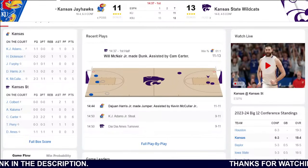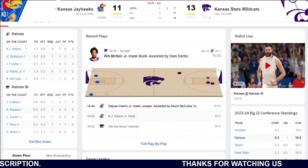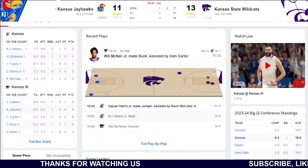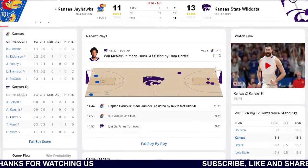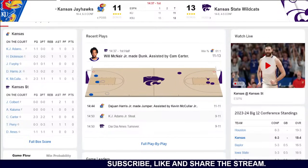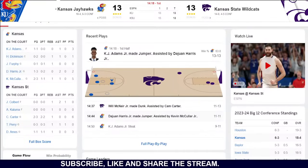Here's McNair, and he runs the floor and stuffs it again. He's got 4. Kansas State leads 13-11. What speed he used to outrun Hunter Dickinson to the front of the rim for a dunk. His second dunk of the game. K-State talked about that in their shoot-around today, that they felt like they could get to Dickinson and beat him